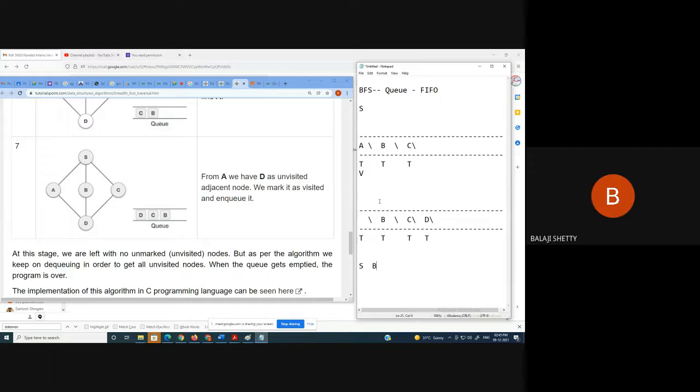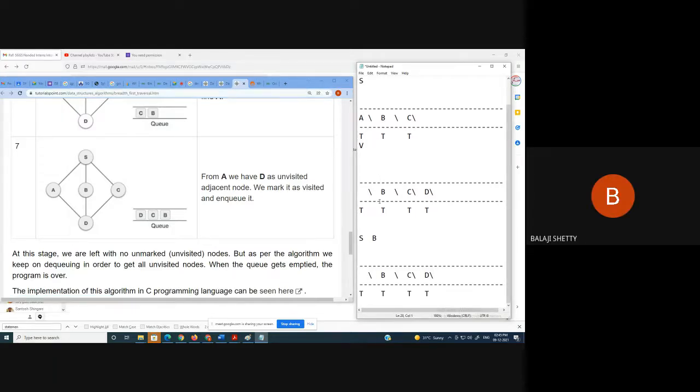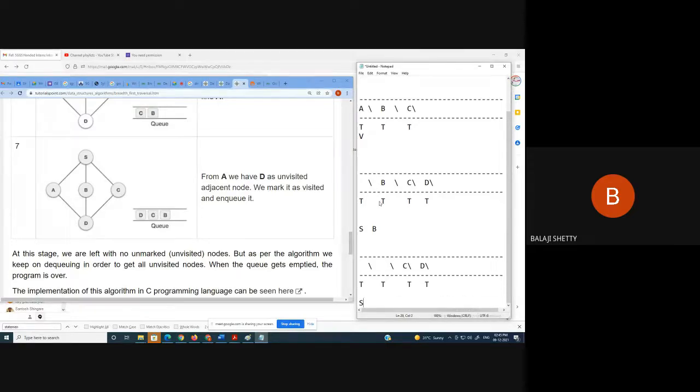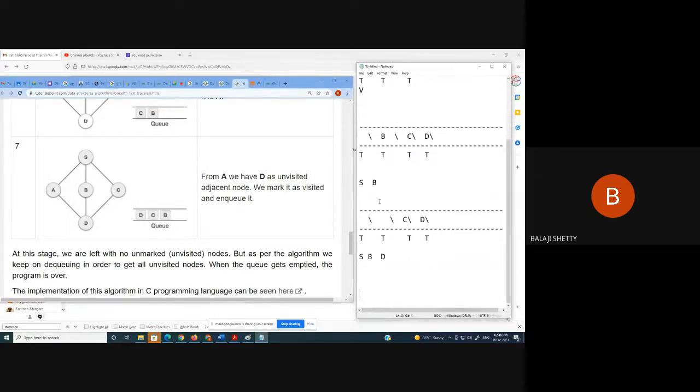So now you delete B. What do you get here? If you delete B, you get here S, B, D. Clear? Any doubts? Where did B come? D does not come. Sir, S, C, D. S is there, then B is there, then here C will come.